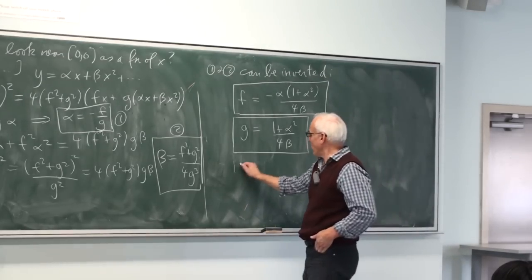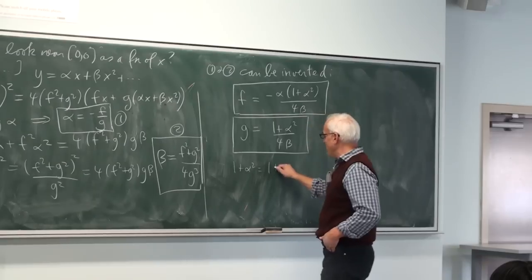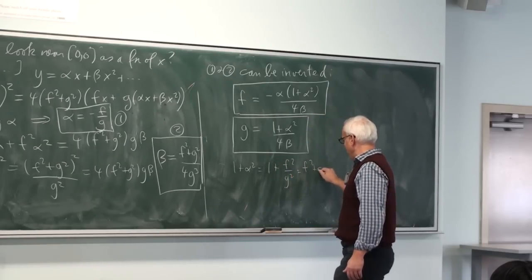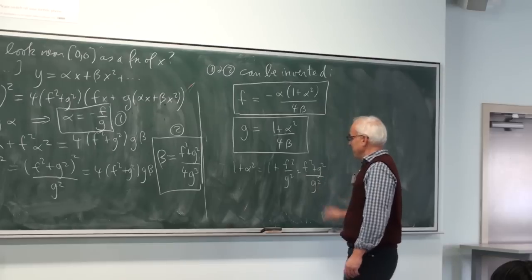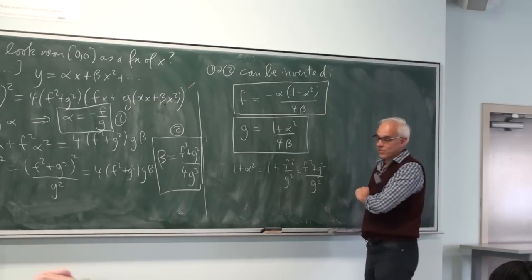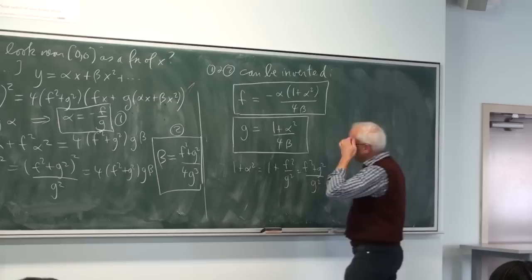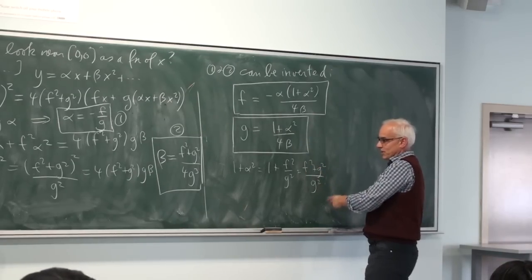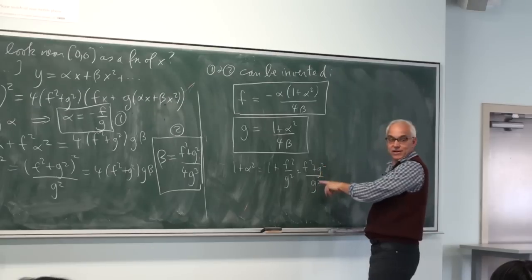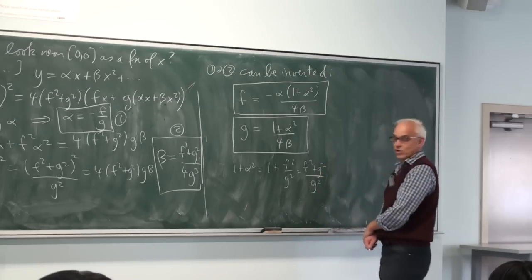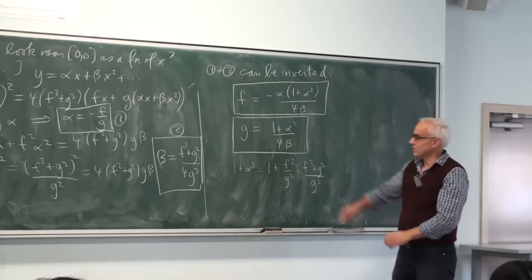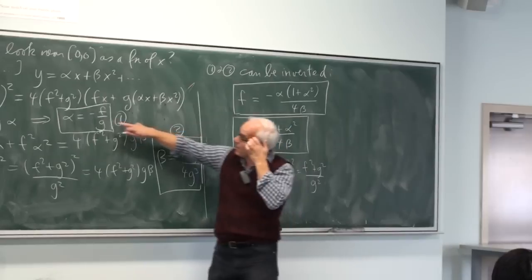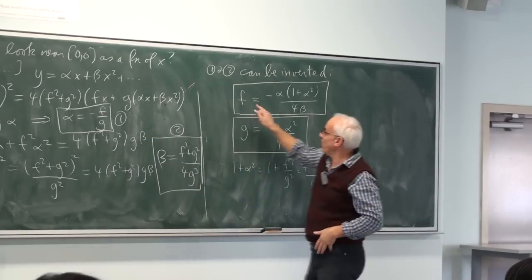Okay. So what I'm saying is that 1 plus alpha squared equals 1 plus f squared over g squared. So that's f squared plus g squared over g squared. That's what the numerator is. And then if you look at beta, if you divide that by beta, then the f squared plus g squareds will cancel, and conveniently the g squareds will cancel, and you just have a 4g. So that allows you to calculate g. And once you've calculated g, then f is just minus alpha times that.